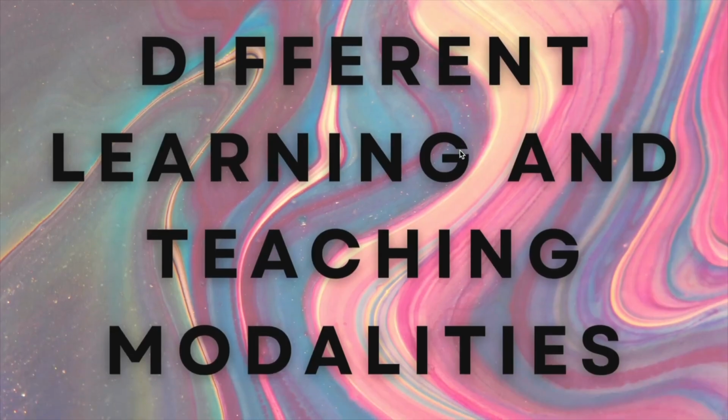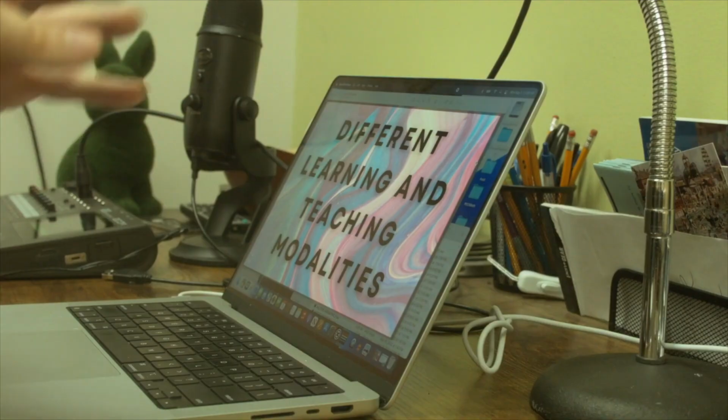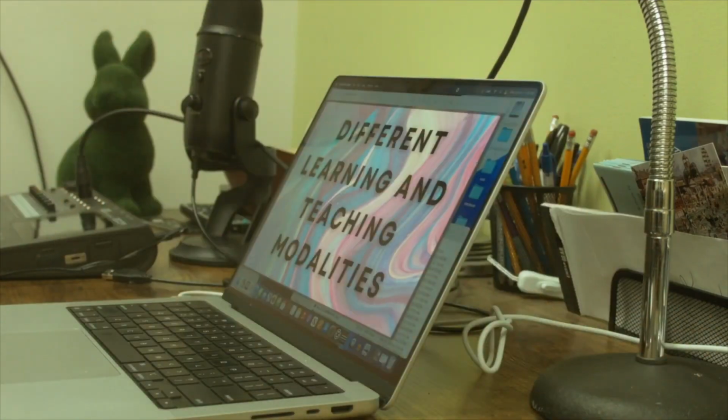Another area that really relates to this is thinking carefully about the different learning and teaching modalities out there. If you teach a face-to-face class, we always say, please make sure that when you teach a class, you don't just do all lecture. Pass out handouts, do some group projects, watch a short film, interact with the students on an interactive quiz like Quizlet or something of that nature. Show some media, have students complete an interactive website, do activities that involve their kinesthetic senses where they're moving around and doing things actively in a classroom, depending on what you're teaching.